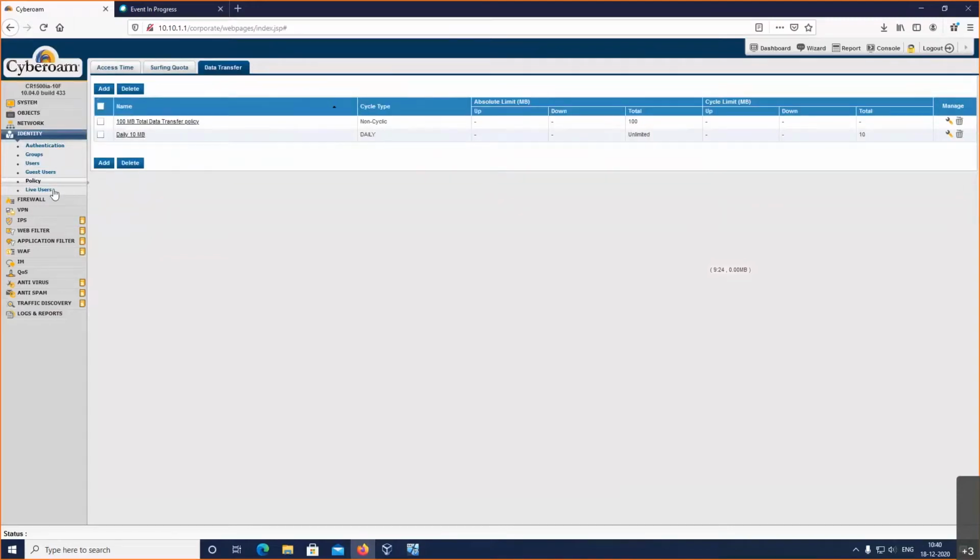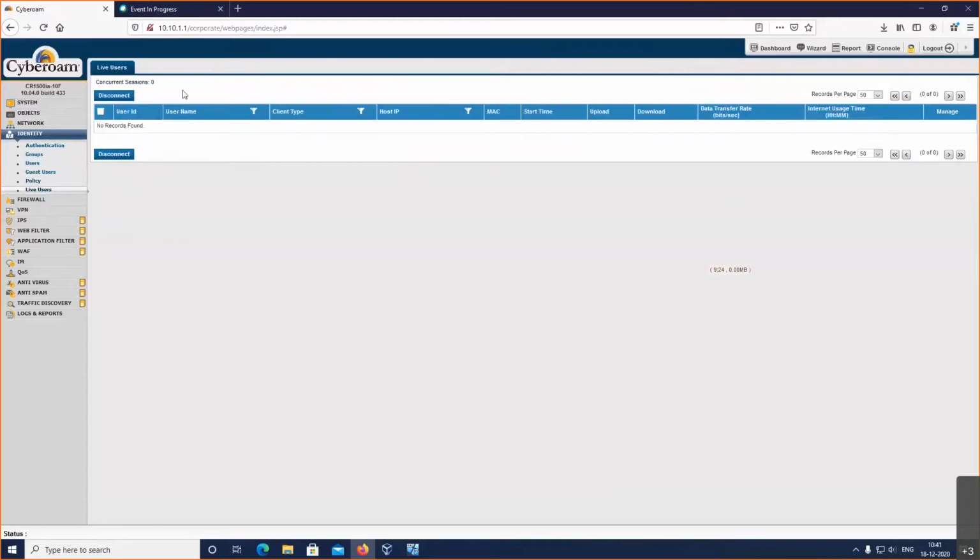And we also have one more section called live users, where all the connected users on this device will be shown here, like the VPN. Let's say there is a remote user who is connected to the organization, so that user can be seen here, so that we can see from which public IP the user has connected, to which local IP address, and what time he connected. So that kind of statistics can be viewed here.